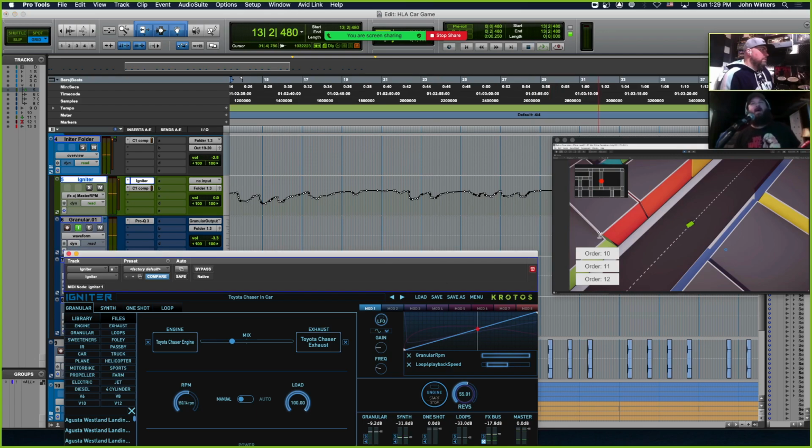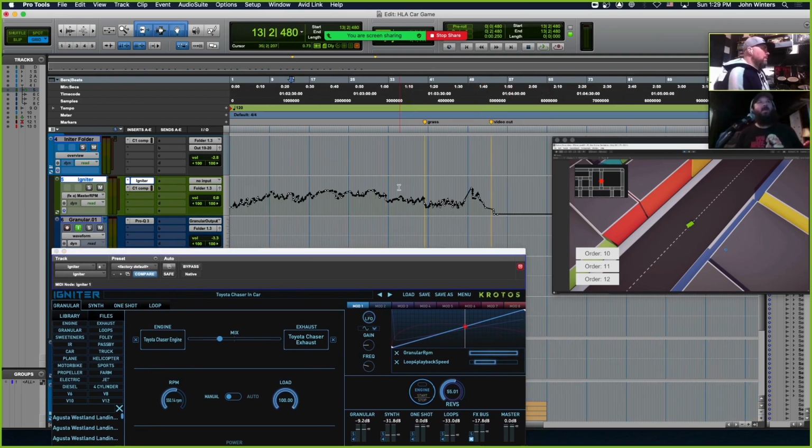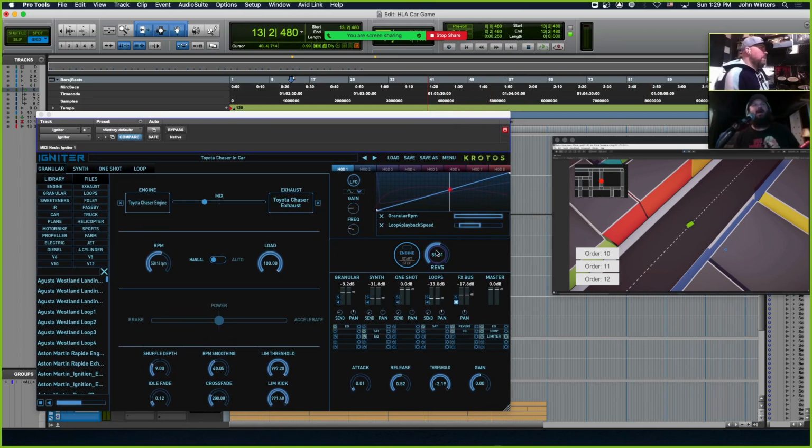And you can see how when he got on the fast straightaway, he was really starting to go for it. And then we never really go full throttle, because I feel like you want to save that for a real long straightaway. But you could definitely see how it follows as he goes faster and changes. And I literally would just drag this rev thing and go with it. And I watched it a few times, maybe re-recorded a couple parts of the automation,